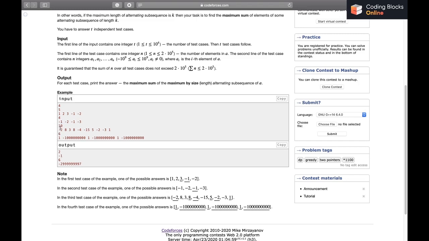In this case, we can see that the first number is negative and then some positive numbers are there, so we'll have to choose this negative number because we want our length to be maximum. And if we do not choose this, then our length is not going to be maximum. Now out of these three positives, I can choose the highest, which is 8. Then these two are negative, I can choose the one with the higher value, which is -4. Then 5 I'll have to choose. Then I have two negative numbers, I can choose the higher one and then 1, so I'll get the answer accordingly. I hope you would have noticed something in this test case. I'll anyway be discussing the solution now.